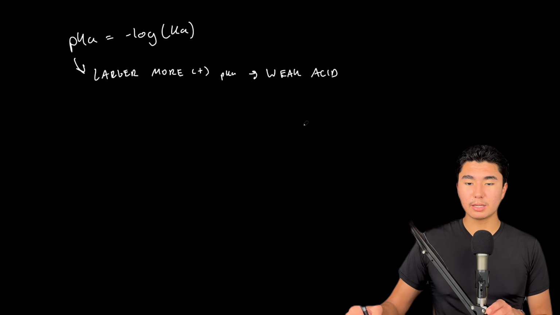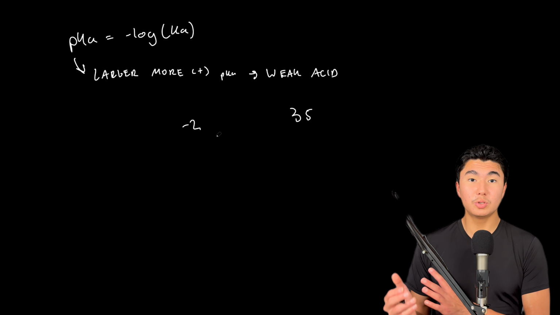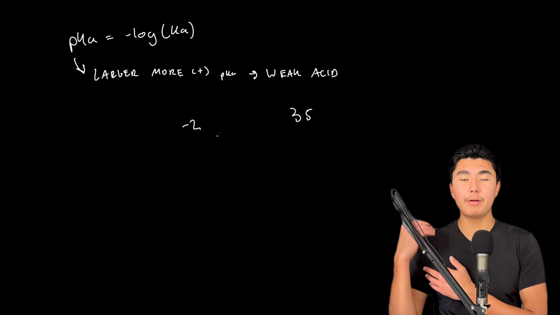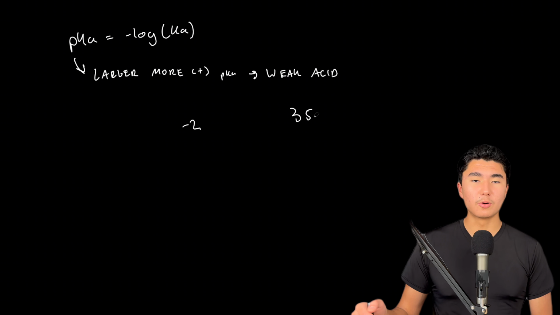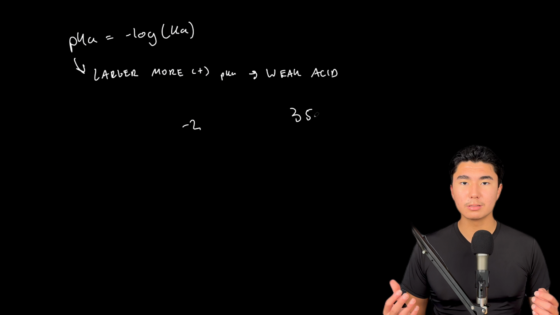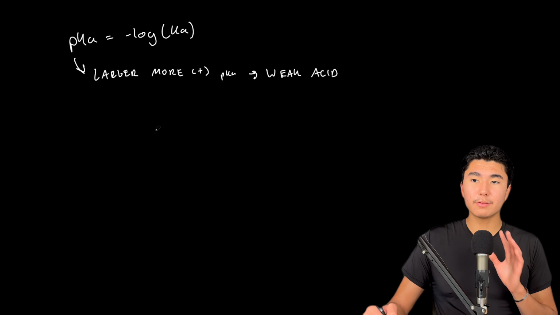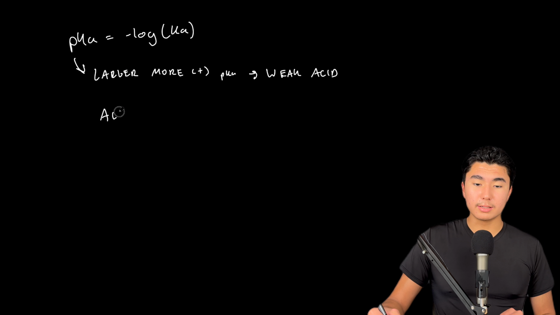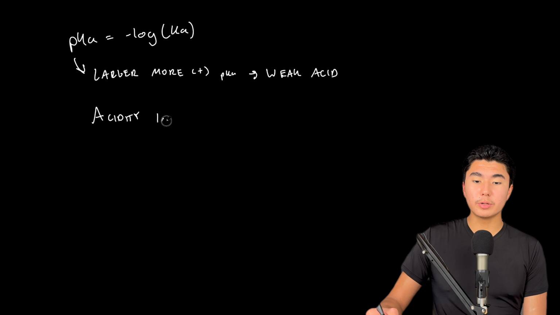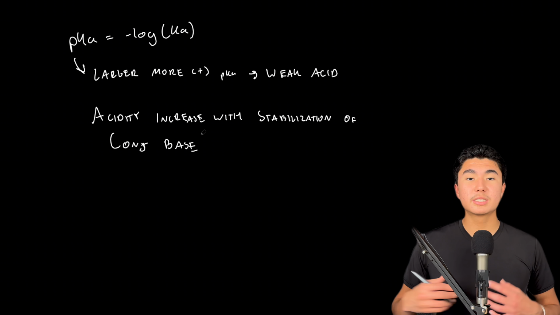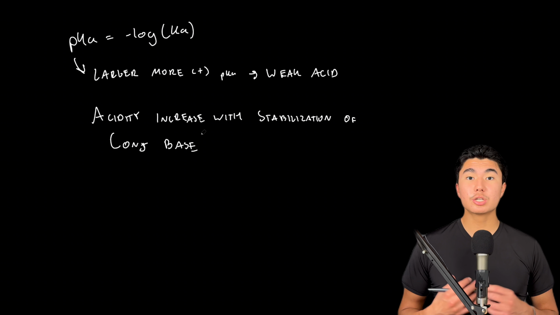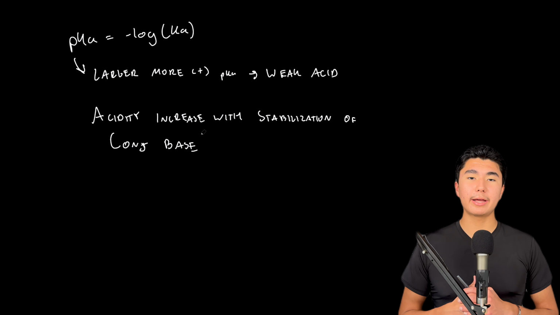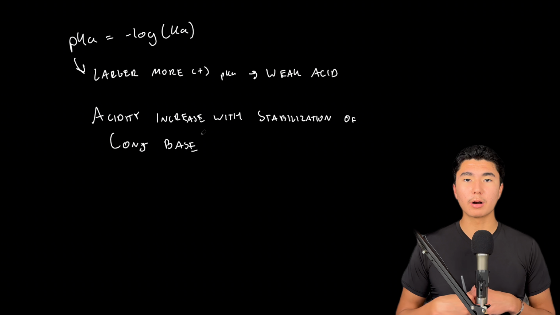So it's basically saying, if you have a pKa of 35 compared to -2, this -2 pKa is going to indicate a very strong acid compared to this 35 pKa, or whatever molecule that is. And talking about strengths of acid, another thing to note is that our acidity will increase with the stabilization of our conjugate base. So when our conjugate base is created and that is more stable, which we'll see in more of our problems and just illustrate that,